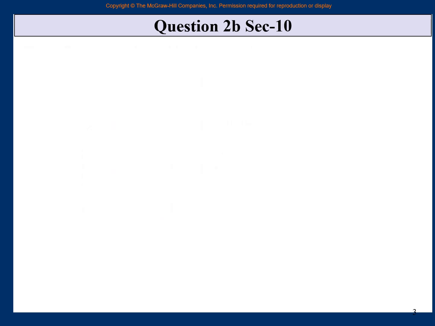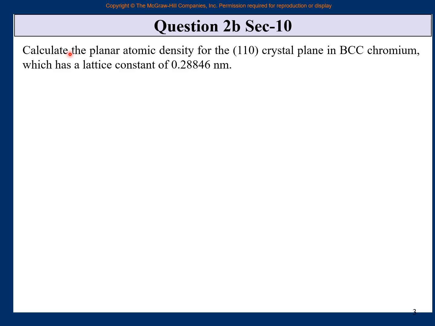Question 2b now. Calculate the planar density for the 110 crystal plane in BCC chromium, which has a lattice constant of this, right? So again, pause my lecture, pause my video, solve it, then proceed. So when you're solving it, always the first thing is to write the knowns. So 110 plane, BCC, chromium is the metal, value of A is this, and the unknown is the planar atomic density,